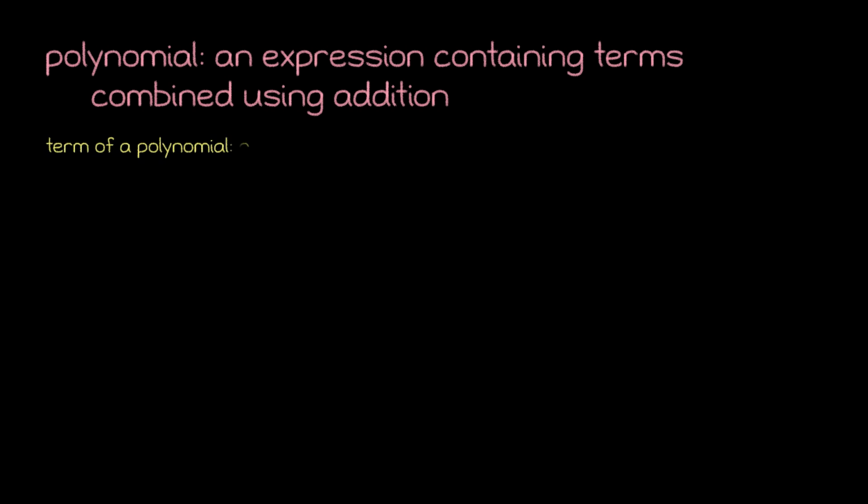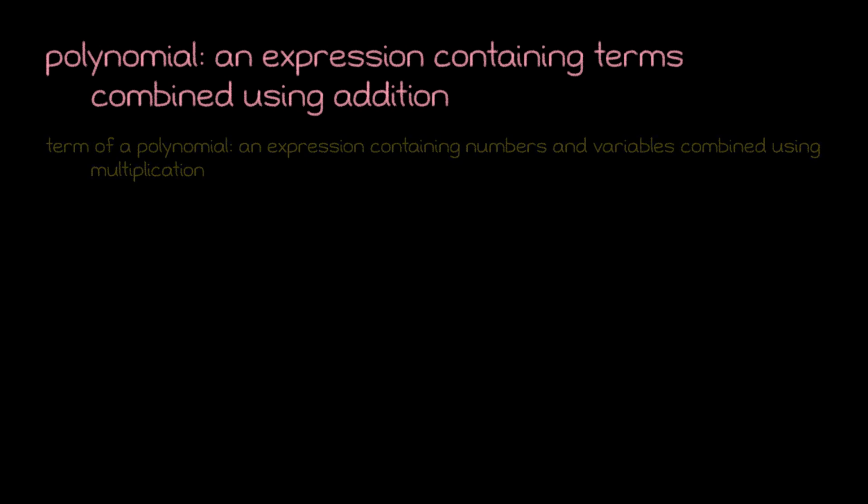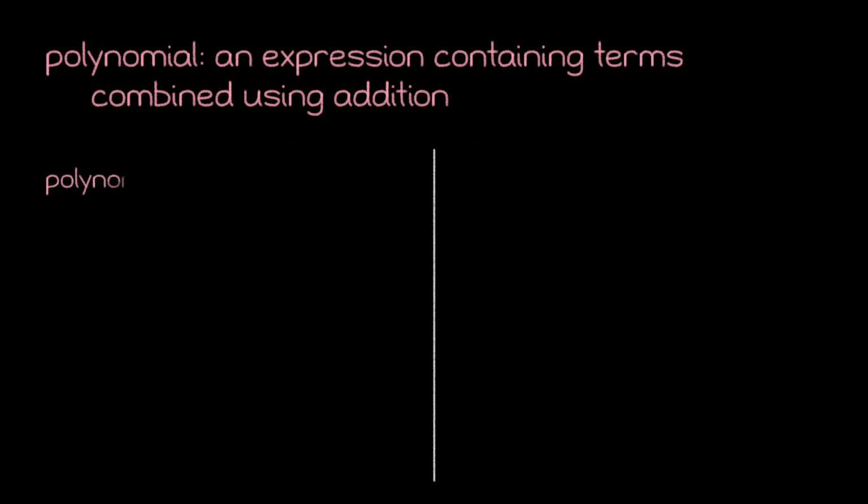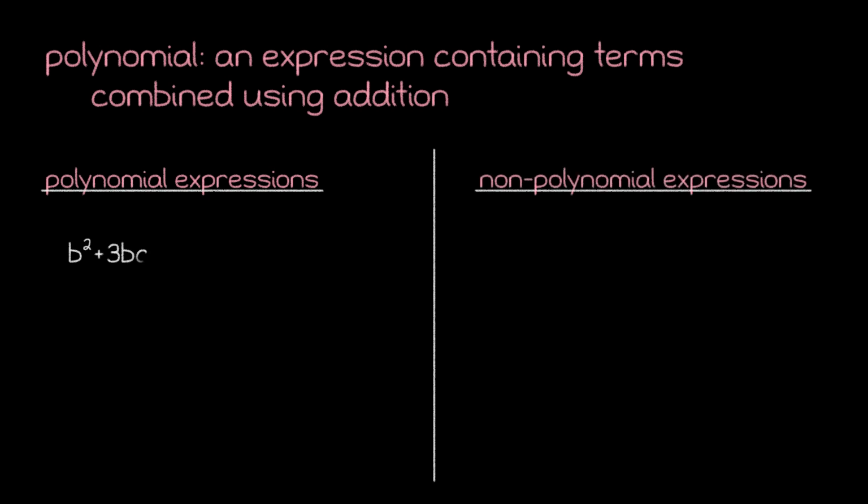With that, we're ready to define a polynomial, which we'll say is a mathematical expression containing terms combined using addition. Another way to phrase this is that a polynomial is a sum of terms. But note that in both of these definitions, the terms we are referring to are the special terms that we just defined in the previous section. To explore this further, let's look at some examples of polynomials along with some non-examples. In our first example, notice that we have 3 terms that have been combined using addition, and each of our terms is a product of number and variable factors.